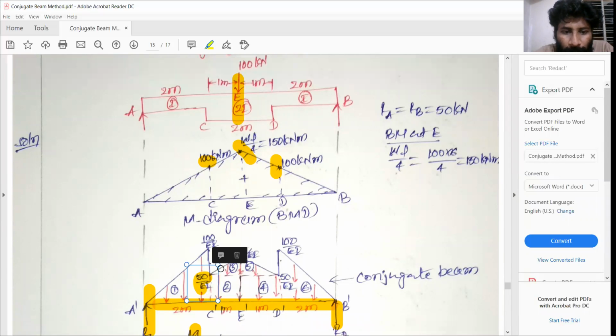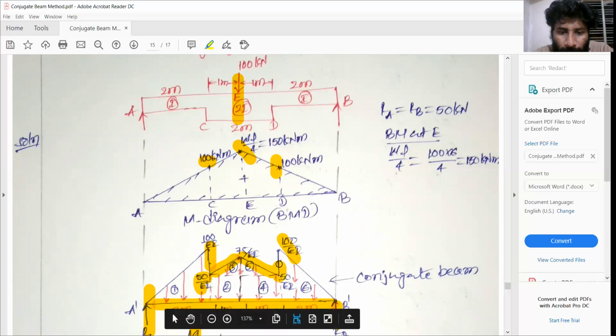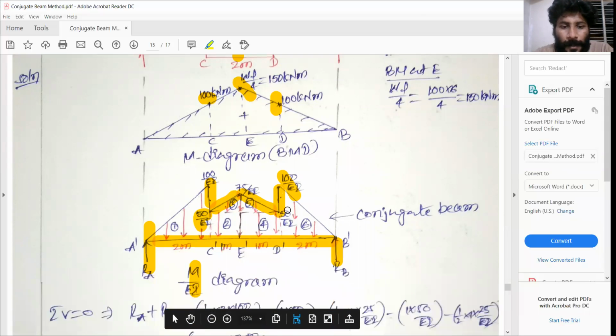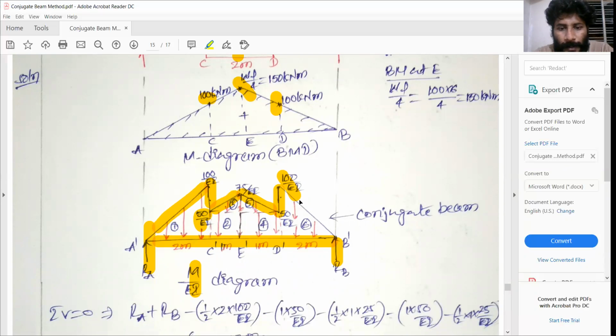So again it's always a linear variation, because point loads are acting. Again it's a change of cross section, that's why there is a vertical coordinate. Again here also you can see that 50 into 2 is 100 kN meter in the bending moment diagram. 100 divided by I is 100 divided by I only. 100 divided by 2I is 50 divided by I. So this is how the M by EI diagram for the conjugate beam looks, which will be acting as a load for the conjugate beam.